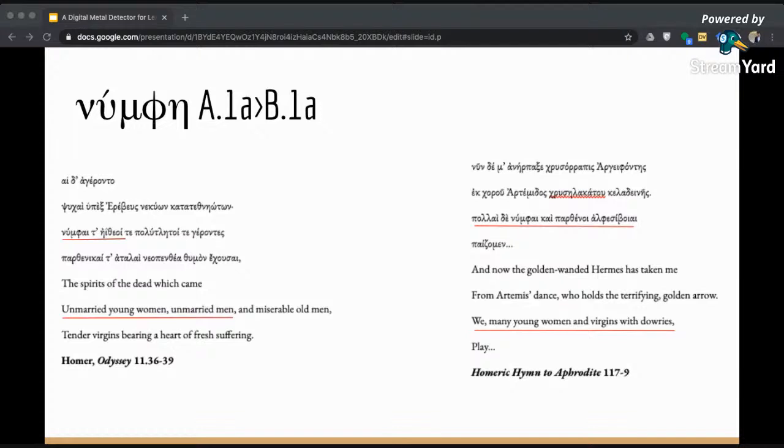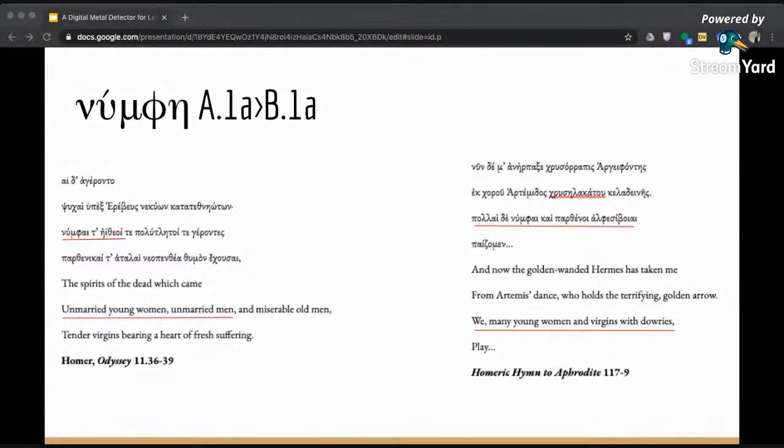We know that they're unmarried young women, numpai, and because they're paired with the te eetioi, which are the unmarried young men, quite explicitly so. So we can infer that these are unmarried young women, and they're the first to come and greet him on the left-hand side. On the right-hand side, in the Homeric Hymn to Aphrodite, the Homeric hymn has Aphrodite,